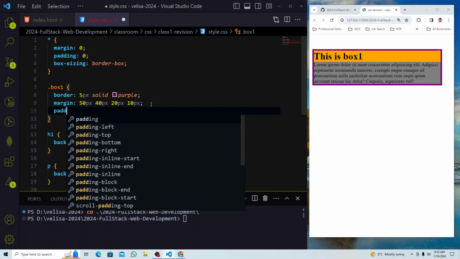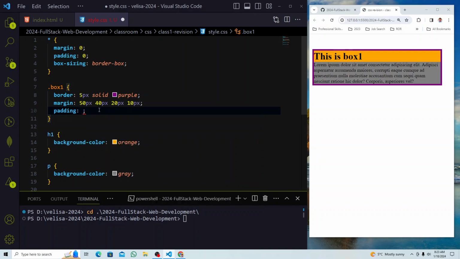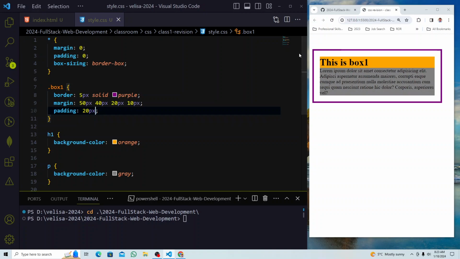Now we'll be padding. Padding is the same behavior, right? But what is padding now? Padding is inside the box, basically inside the border. So if I give 20 pixel padding, look at that. That is inside the border. That is padding. Clear? And this concept is same. Padding top, padding right, padding bottom, and padding left. If you give here 20 pixel, so now